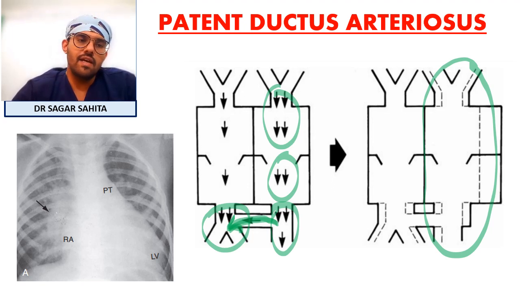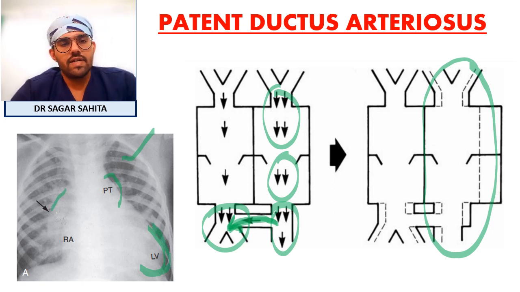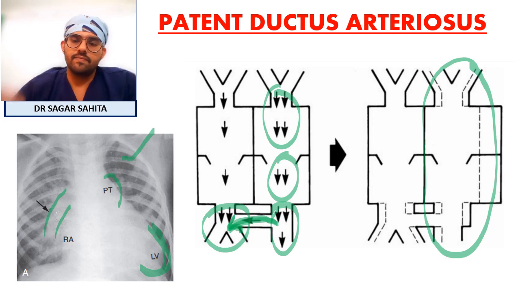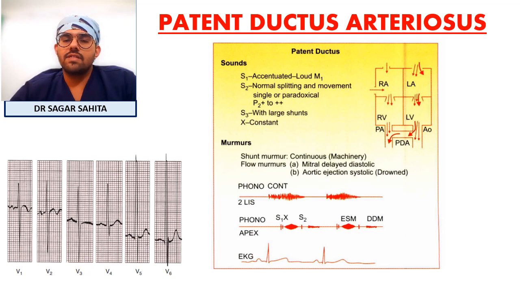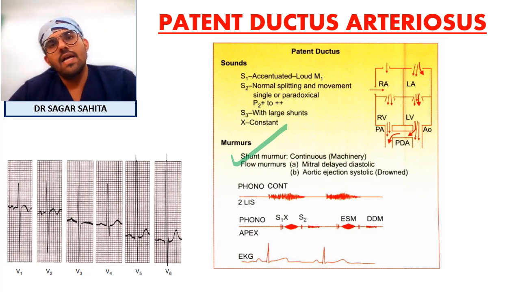If you see this X-ray, you see an extremely plethoric lung field, enlarged pulmonary trunk, LV type of apex, and also an enlarged right pulmonary artery. So what clinches the diagnosis in a patent ductus arteriosus on auscultation is the continuous machinery murmur that you hear, because between the aorta and the pulmonary artery, both during systole and diastole, there is a gradient between aorta and pulmonary artery. So the murmur occurs throughout the cardiac cycle, and this is the most characteristic feature of a patent